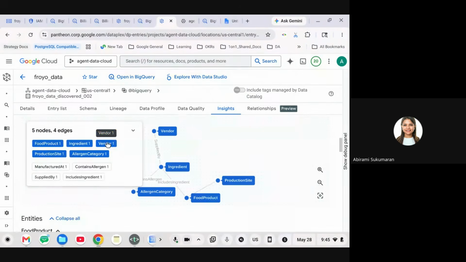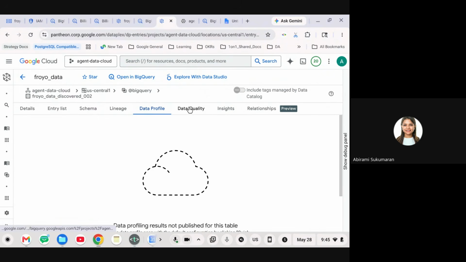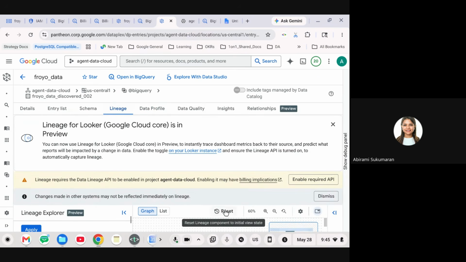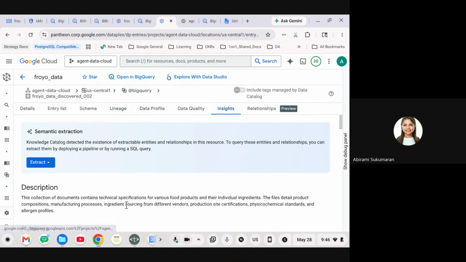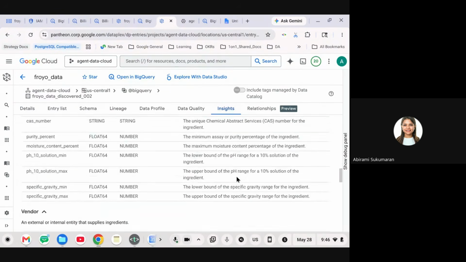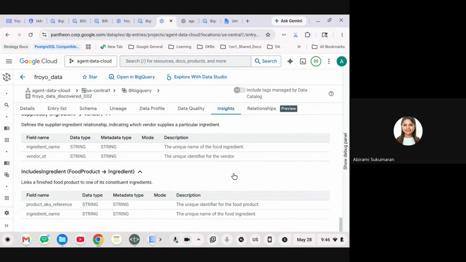If you scroll down, you can see what happened with the data profiling. This is all in the knowledge catalog page. You would be able to see the data profiling, the lineage, where it came from, what is the graph, how is the relationship going on between the different components and the objects that you have in your files, and the insights, both qualitative insights and graph driven insights. Everything is written right here. Where is it coming from? The entire lineage is there.